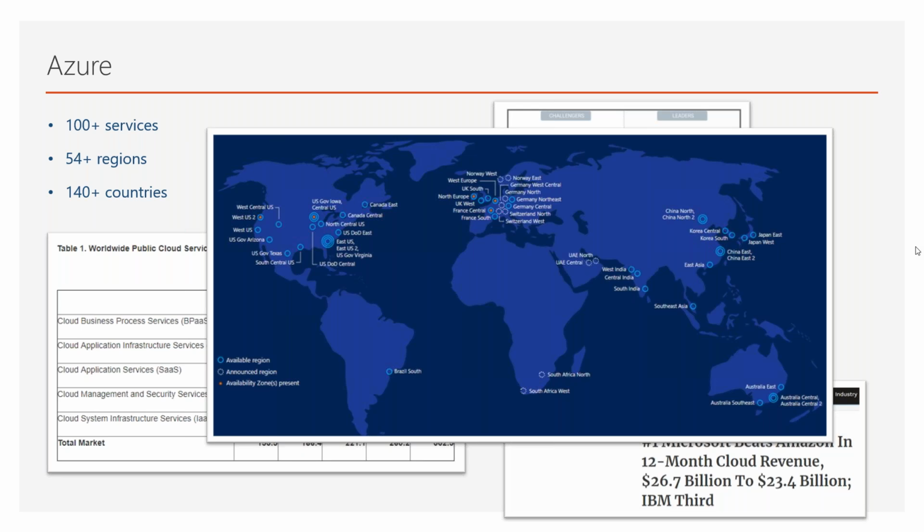And Shankar is asking, will there be latency impact if I choose resources from different regions? Yes, Shankar, of course, there would be some latency. If your data is traveling from the US, let's say you are in India, and your data is traveling from the US to India, of course, there will be some latency.